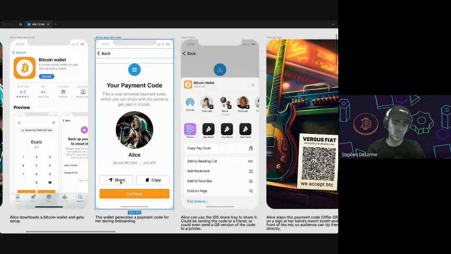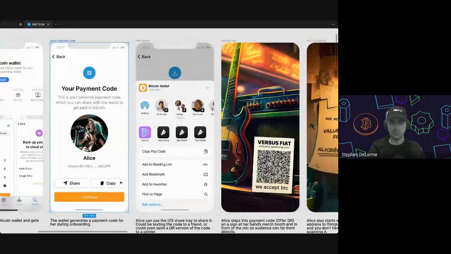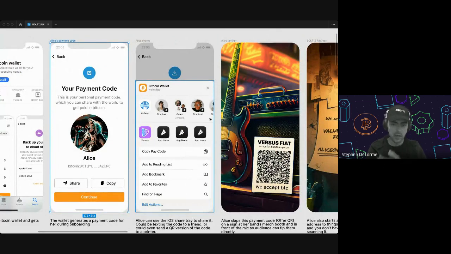But let's say she hits the share button here, then that could bring up the default iOS share tray, and then she could share that offer in any way she wanted to. So a lot of times with the share tray in iOS, you have the option to send it to a printer. Because she deals a lot of times with real world stuff, she might send that to a printer,